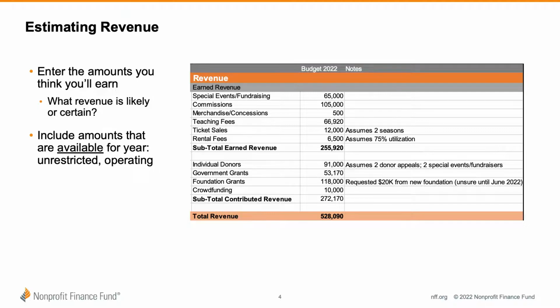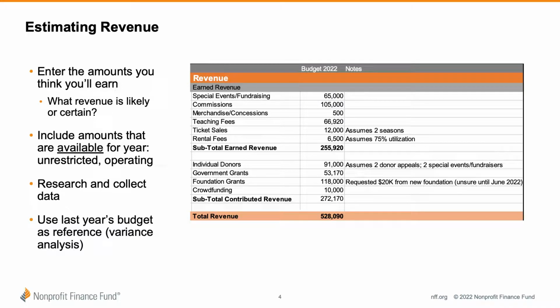We never have 100% crystal ball visibility into what revenue or support will look like. But just like the expense side, it is valuable to gather the information that is available to you so that you can make informed decisions and an informed estimate. And just like expenses, if you have the benefit of a previous year, being able to review the variances can be valuable in informing your budget revenues.